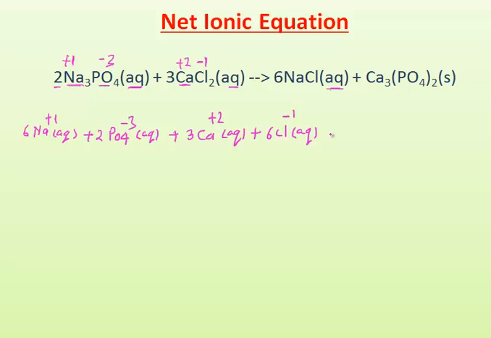ions. On the right side, the product given is sodium chloride, and sodium chloride is made up of sodium and chlorine atom. Sodium is a first A group element, and first A group element present in a compound has plus 1 charge, and chlorine is a halogen, obviously it shows -1 charge. Now we write down the ions separately. There are 6 moles of sodium chloride, that is why it has 6 sodium ions and 6 chloride ions. I write here 6 sodium ions and 6 chloride